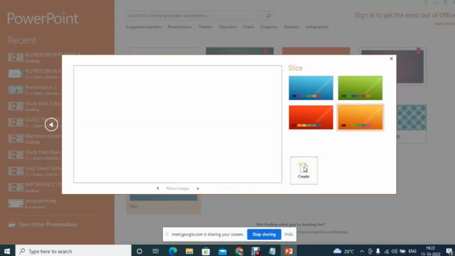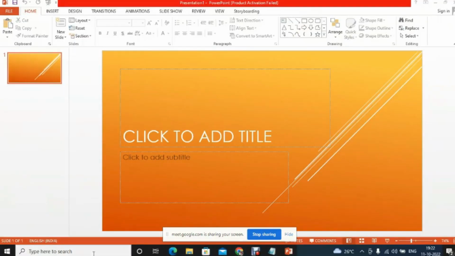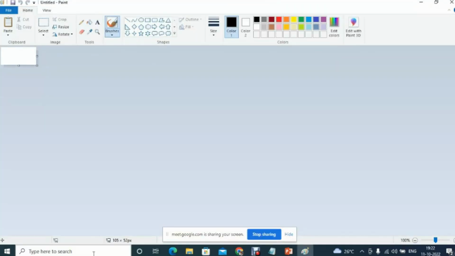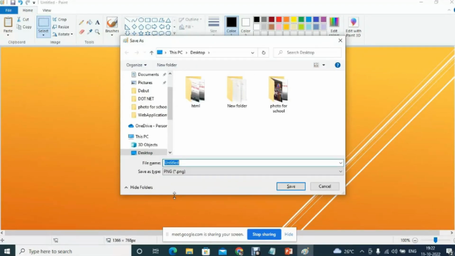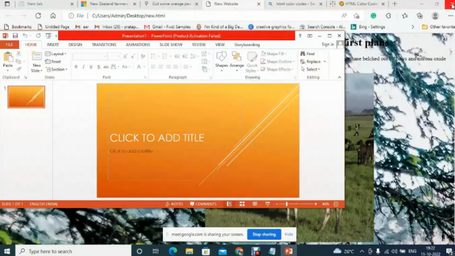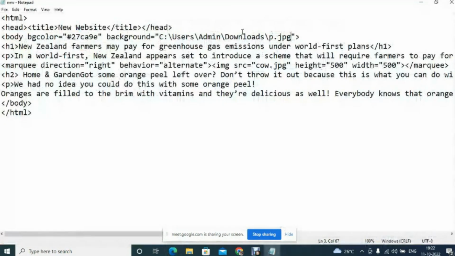Because I want this light color, create it from here. Then I will play it. Right. Then I will take a print screen from here. Paint, I'm going to paint. Okay, I will just not paint, let's save it here on the desktop. Close this also. And in our website we'll use this. So using this you can